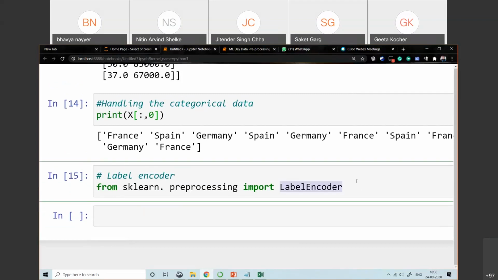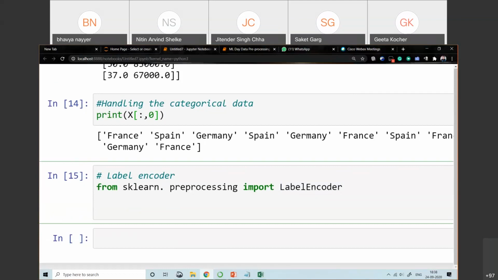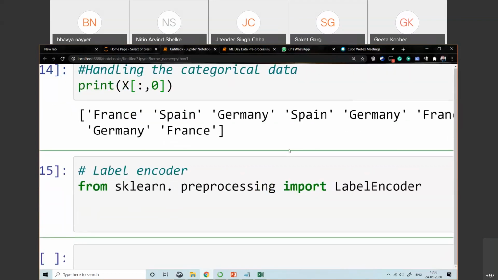Now, let's create the object of the LabelEncoder class. You know how to create the object now. So let's create the object and give it a name. Let me give the name label_encoder. So this is my object. This label_encoder is a variable, or you can say the object, LabelEncoder with brackets. Through this line we have created the object of the LabelEncoder class. So label_encoder is the object of the LabelEncoder class.